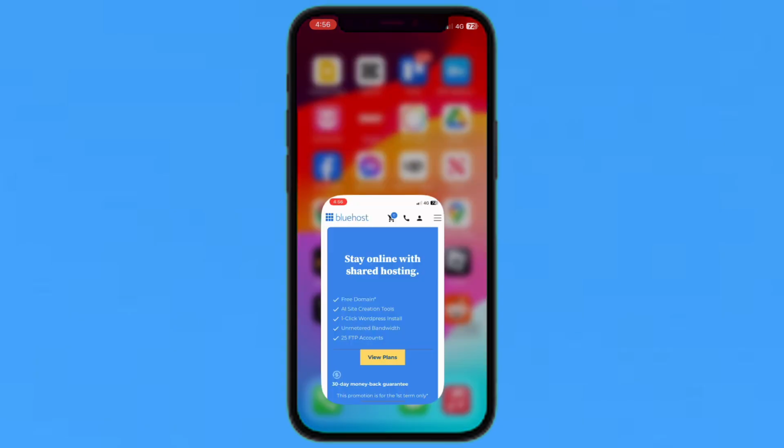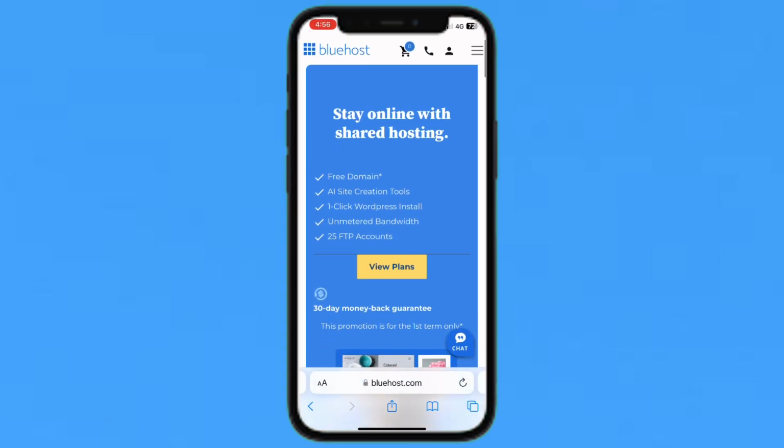So I just tap on the Safari browser, and before creating an account you must purchase the